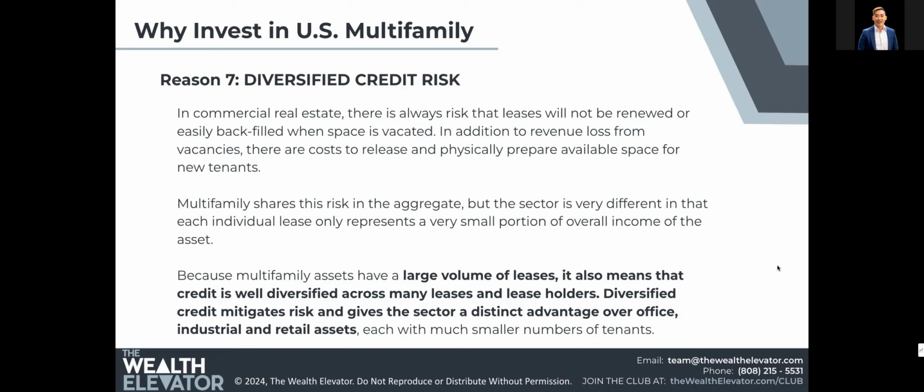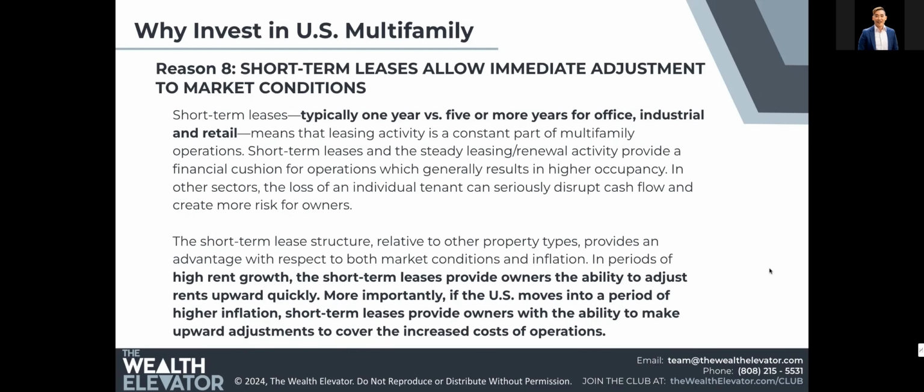That's why you shouldn't be running a property at 100% occupancy and economic occupancy. This is why you want to have a large unit count to help. Every month you're going to have a handful of tenants run into tough times. Another good thing about the apartment world is you have shorter term leases. Most leases last about a year, whereas office, industrial, and other commercial retail investments typically last on a 5-year or more cycle. So with us being on a year cycle, we're able to adjust for inflation a lot more quickly and pass